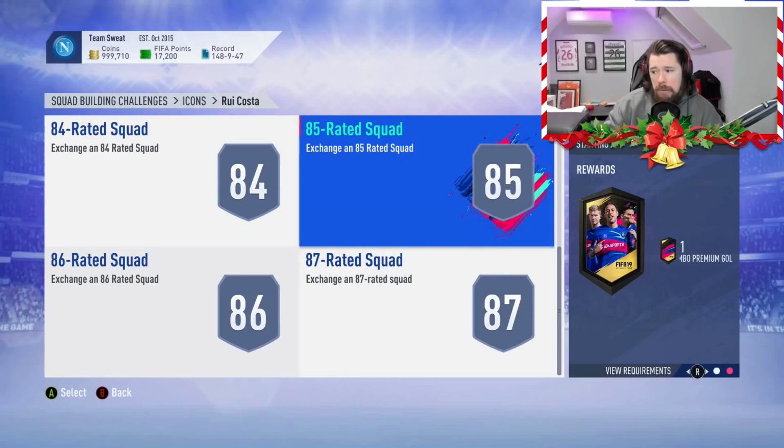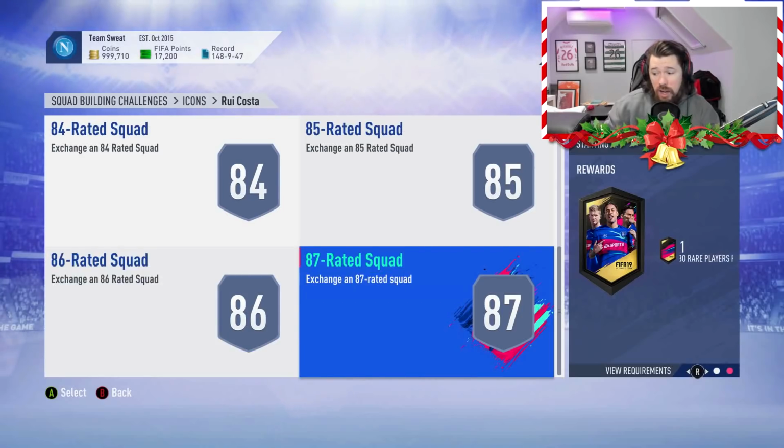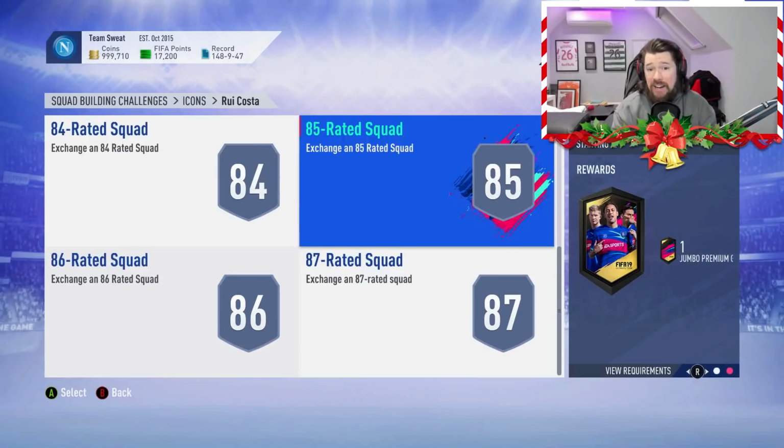You get a Jumbo Premium Gold Players pack for the 85, which is also another 50k pack. For the 86, you get a 55k pack, and for the 87, you get a 100k pack. So you get 155, 255, 305, 350. You get just over 350,000 coins worth of packs in return